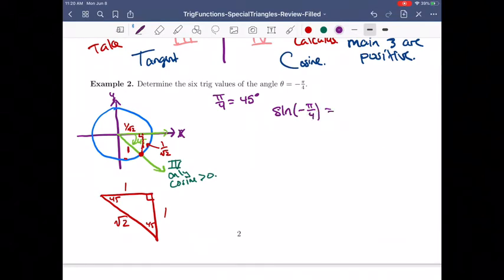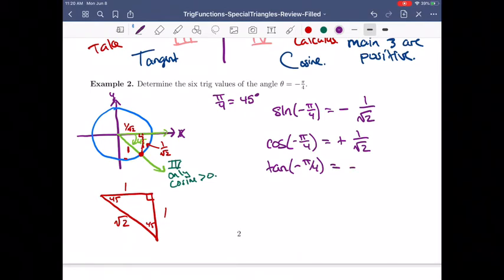Okay, so if we want to use, sine's going to be negative because only cosine's positive. And for pi by 4, it's going to be 1 over root 2, or root 2 over 2. Okay, cosine of negative pi by 4 is going to be positive, and it was also 1 over root 2. Tangent of negative pi by 4